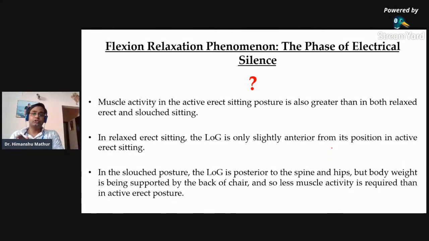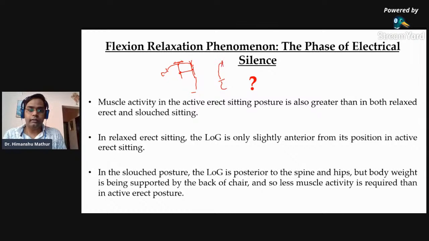So this phase is known as the phase of electrical silence. Always remember that whenever I am bending forward, at this point of time we have a certain amount of momentum, so it will allow me. At this point of time, erector spinae will work eccentrically, but as and when I go like this,